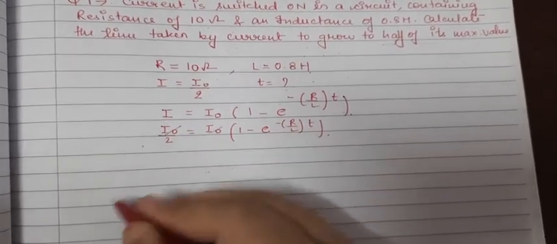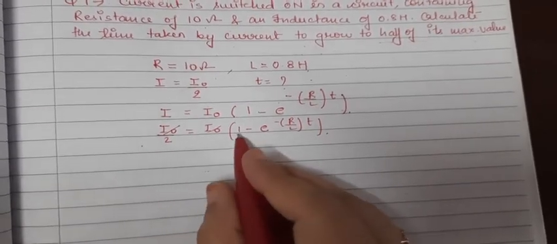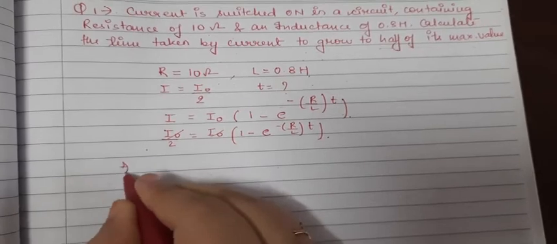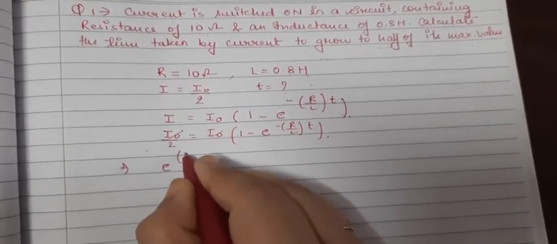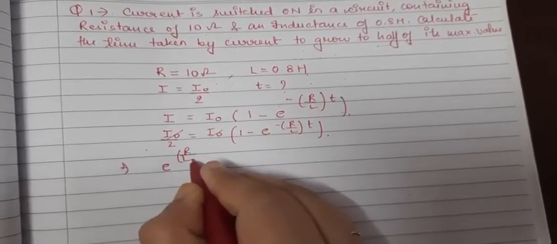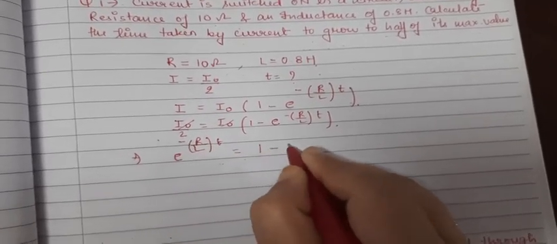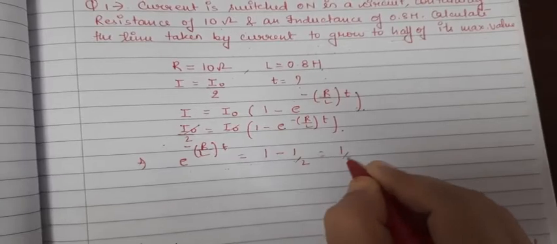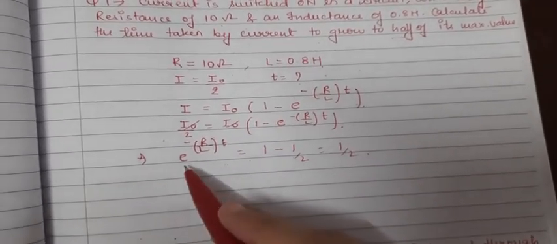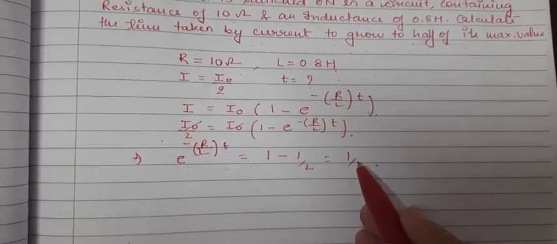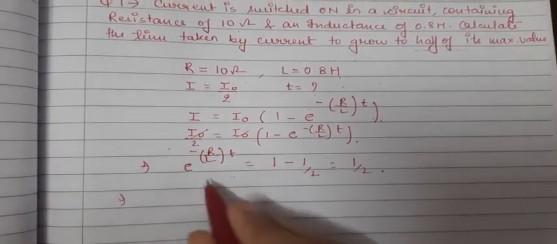Okay, I naught and I naught are cancelled out and this one will come to this side. So what I will do, I will bring the exponential term in this way, r upon L, and I will bring my half to this side. So it will ultimately become half. What I can see here is that this side has an exponent, and this side we are having a number. So what we have to do is take the log on both the sides.